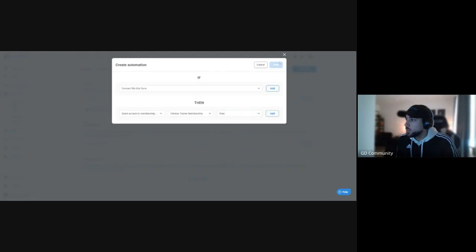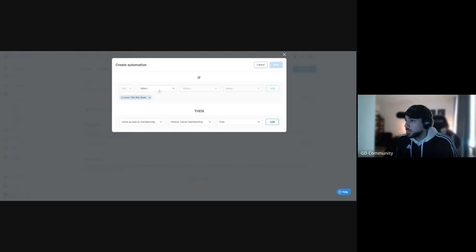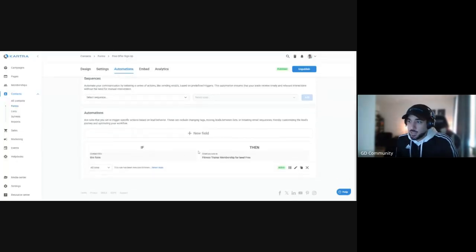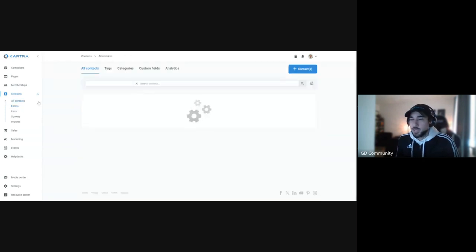In this case, we'll do the free tier, right? We can add, and now we have an automation running that says if somebody fills out this form, then they're going to get free access to my membership. So that is a way that you can give free access to anyone that is not in your contact base. Otherwise, if they are a contact in your system, maybe they interacted with your business previously, purchased something from you in the past,